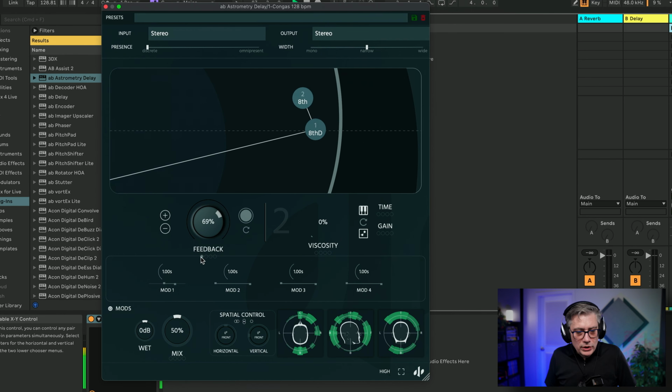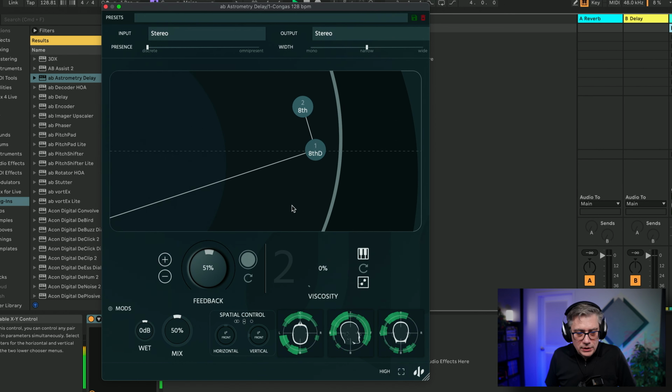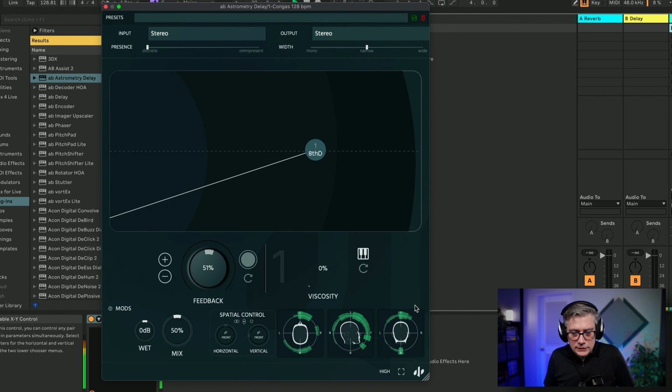And then there's one more thing that I didn't show you yet, and that is the viscosity. And for that, let's maybe take the second tab off, because that makes it a little easier to understand. Now, this viscosity setting essentially means that you can change how quickly any change in the parameters of the tap delay is going to have an effect on the audio. So currently, the viscosity setting is set to 0. That means that whenever I move that around, it's changing that instantly.